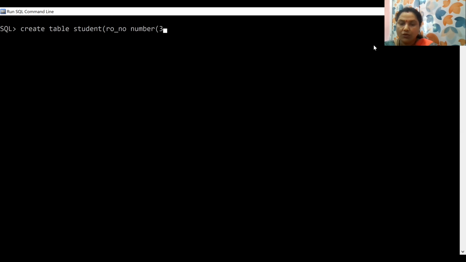Then we have mentioned the size 3. After roll number comes name, the student name. What is the data type of name? That is VARCHAR2(20), to store the name, which is alphanumeric data.